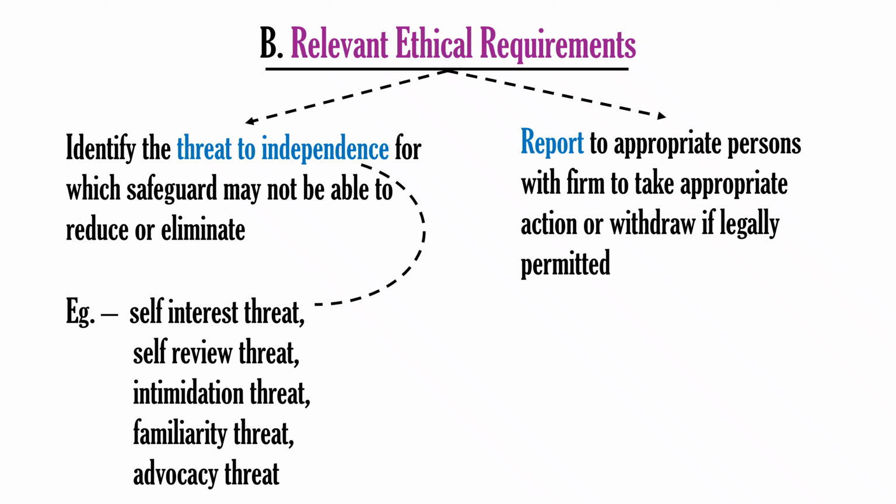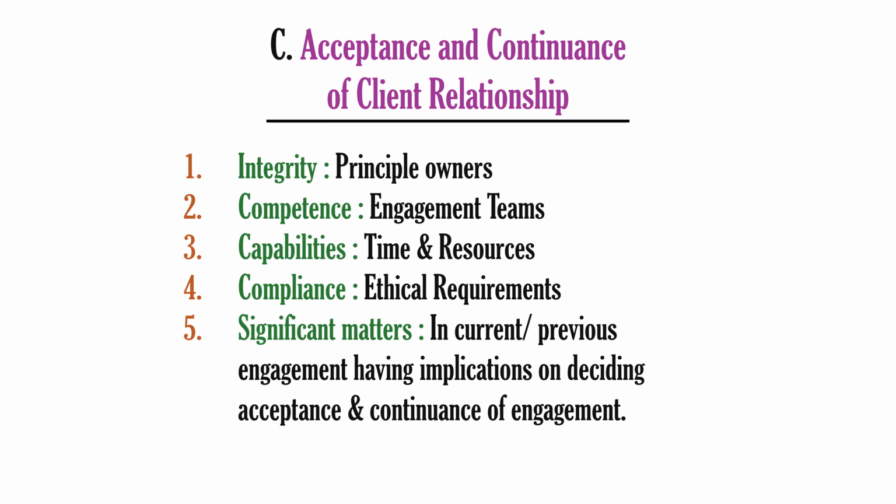If the firm is not able to comply with all the relevant ethical requirements, then it should report to appropriate person within the firm to take appropriate action, or where withdrawal is possible and legally permitted, the firm should withdraw from the engagement. Now, moving forward to the third element, which is acceptance and continuance of client relationship, the firm